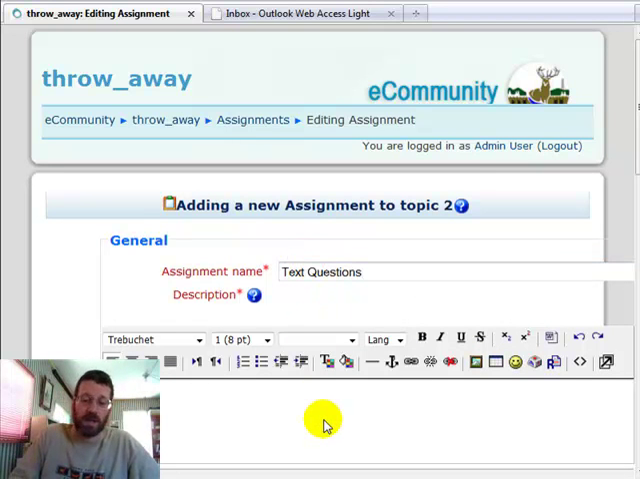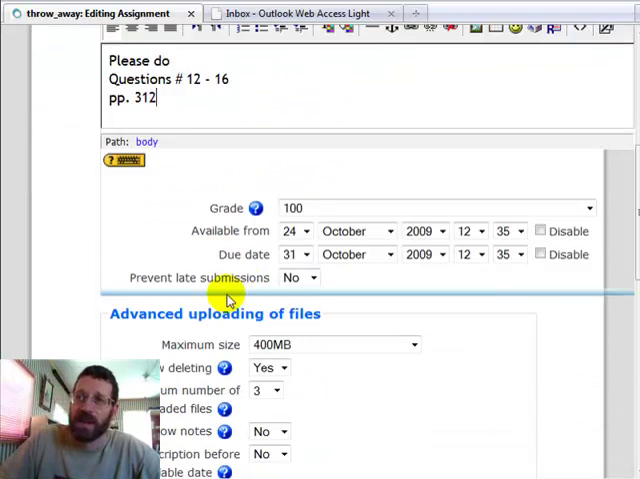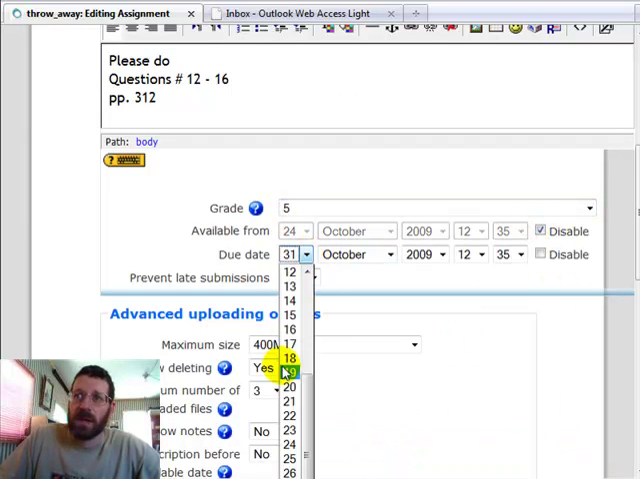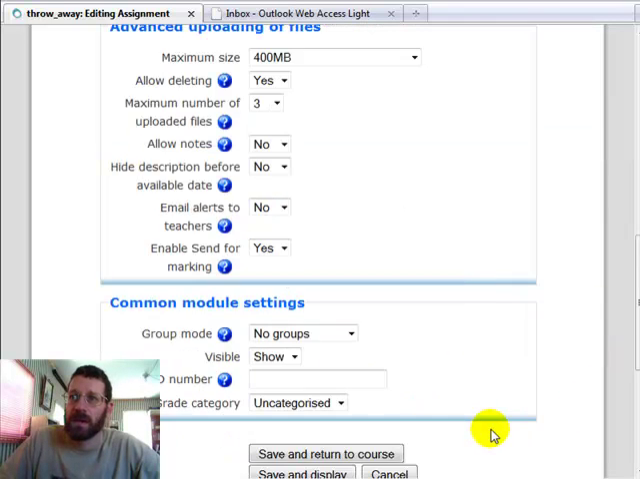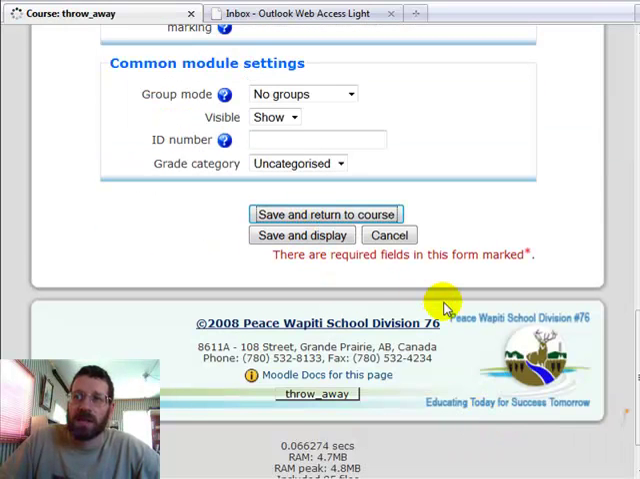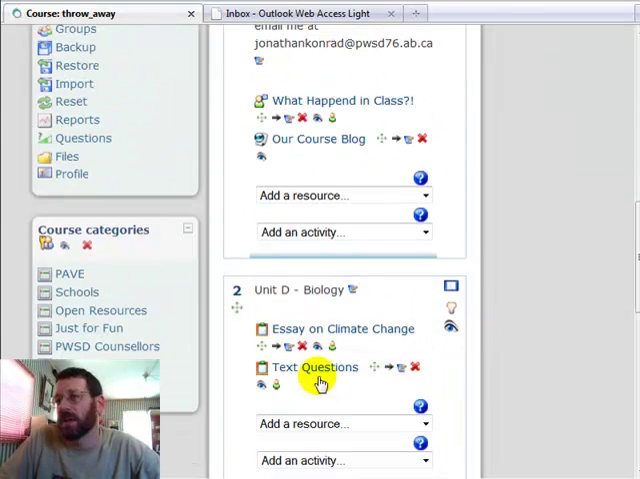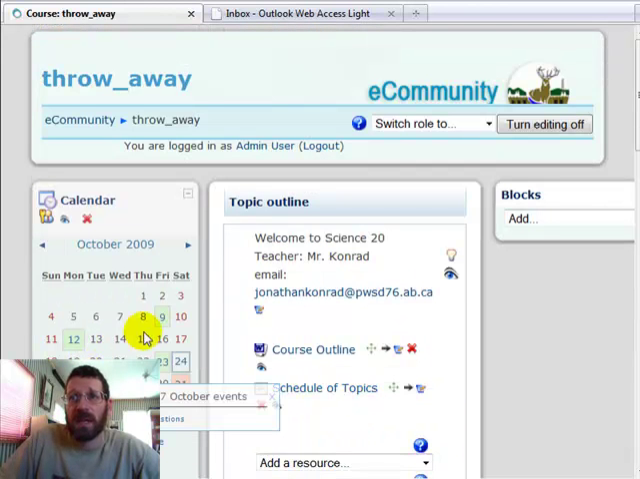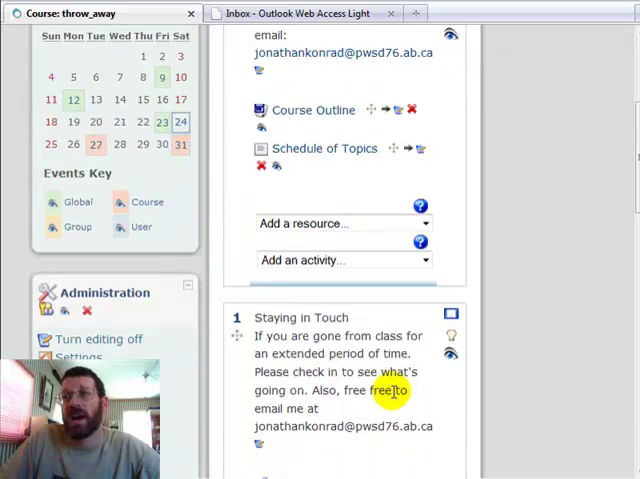and you could say, please do questions number 12 to 15, 16 from page 312. You know, you've got to do more than that. And again, you just assign a value and give it a due date maybe, and zip down to the bottom. And you can see now as I build in drop boxes, even if I'm not collecting them here, I could, if you're feeling confident, it automatically starts to build my calendar,